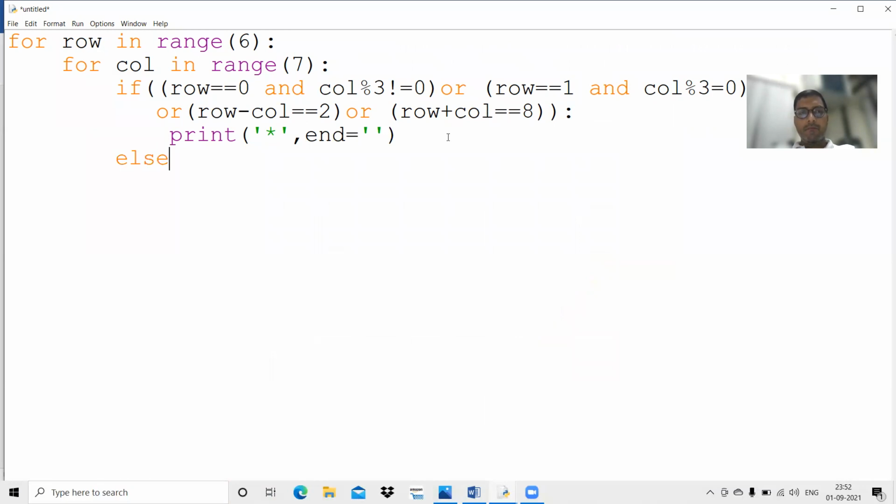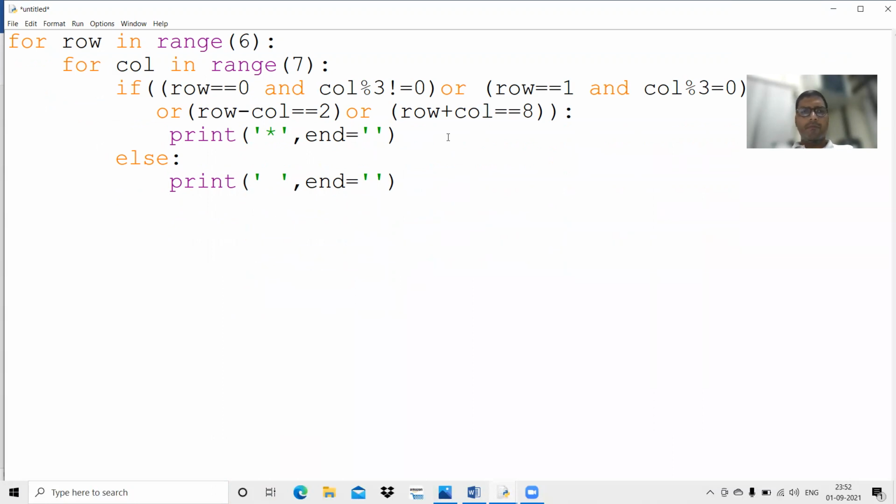Otherwise we want no star, blank. So print a blank string, and again, since there is a built-in new line, we have to remove that. So for that we have given end is equal to inverted commas.